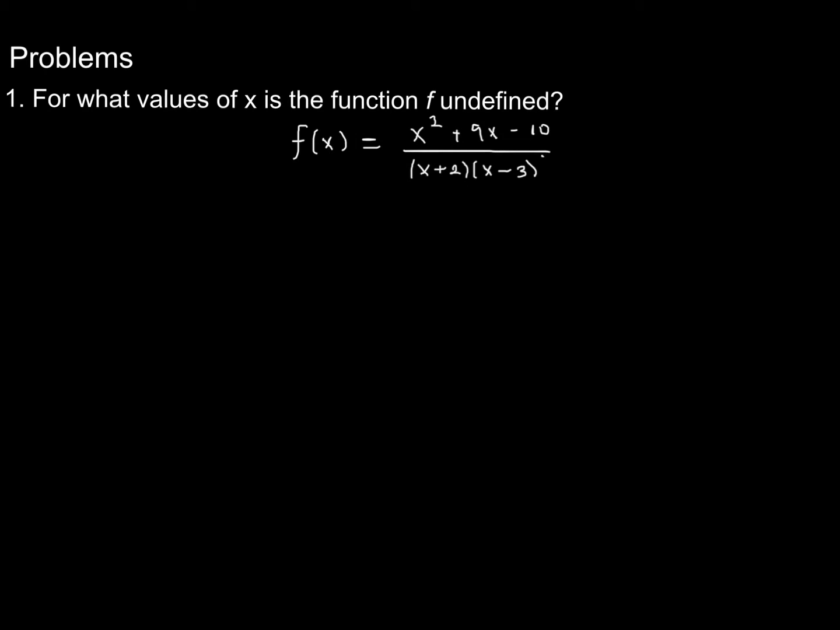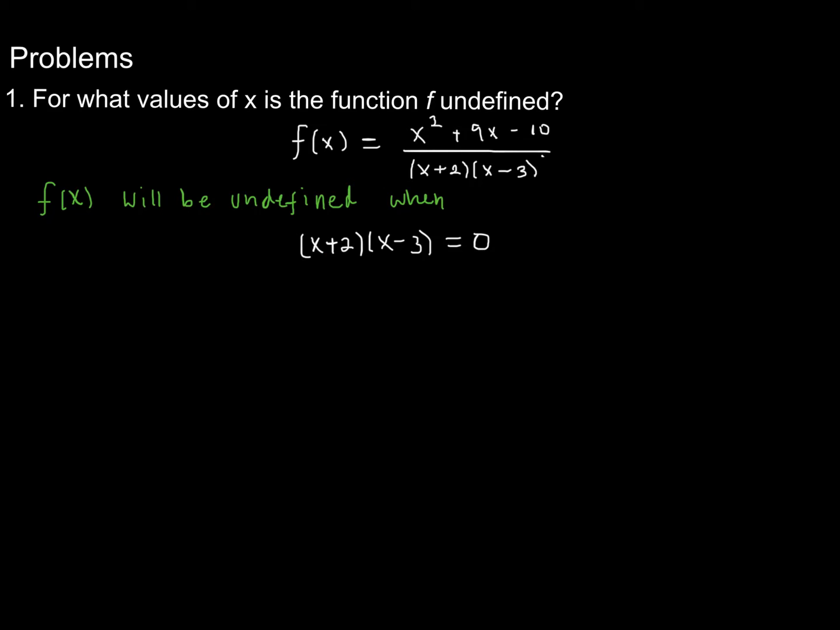Alright, so we can say that our function f of x will be undefined when, and of course a rational expression is undefined, and this is a rational expression, when the denominator, the function in the denominator, is equal to 0. So this will be undefined when our denominator equals 0. Okay, so going back to our ability to solve equations like this, we know that we have a factored form